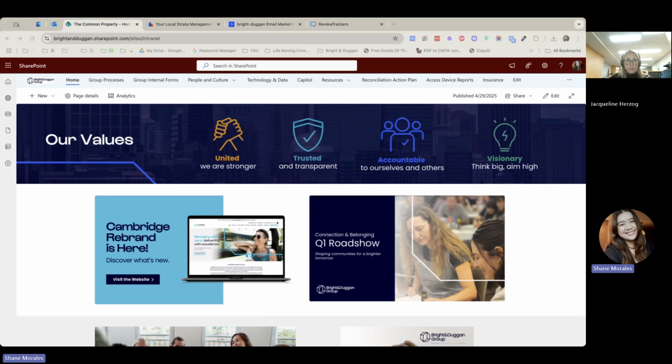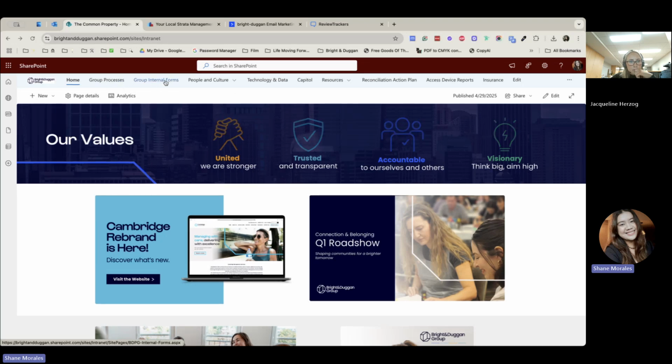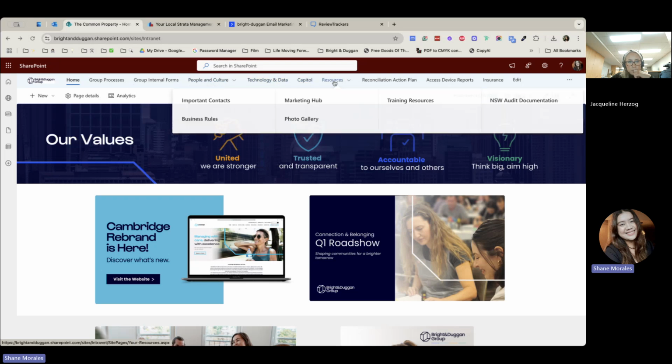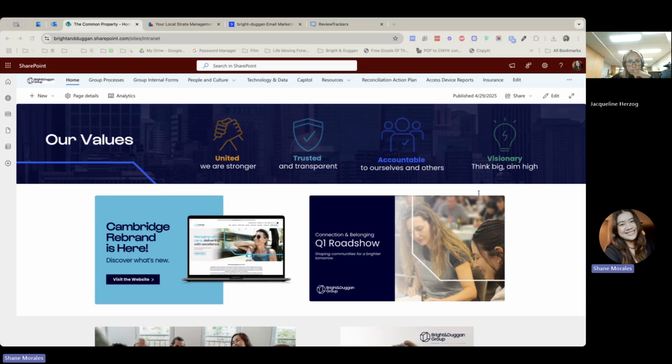And then group processes, group internal forms, people and culture, technology and data, capital, resources, reconciliation action plan, access device insurance are all key tabs that take you to dedicated pages for different